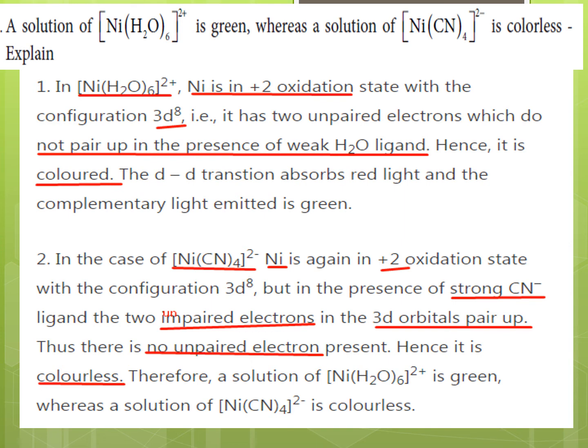In the tetracyanido complex also, it exists in 2+ oxidation state. The 2+ oxidation state of nickel is 3d8, 4s0 configuration. When you draw the box diagram for 3d8, you will find there will be 2 unpaired electrons. And these 2 unpaired electrons remain unpaired